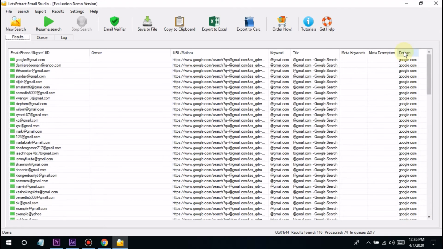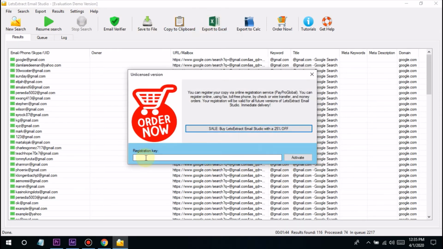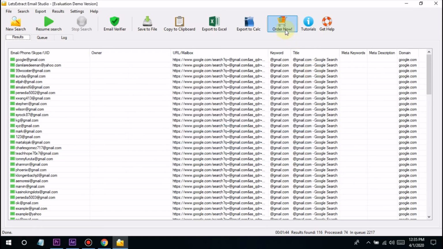Next, you click on email verifier, then you click on save to file, or copy to clipboard, or export to Excel, any way you want. But I'm actually using the demo version. If you want to export to Excel, you must buy or activate the pro version. So just click on order now, pay, and you get the pro version where you can actually copy or save files. Like me now, I don't save files. What I do is split my screen and start typing the emails directly into my Gmail and send